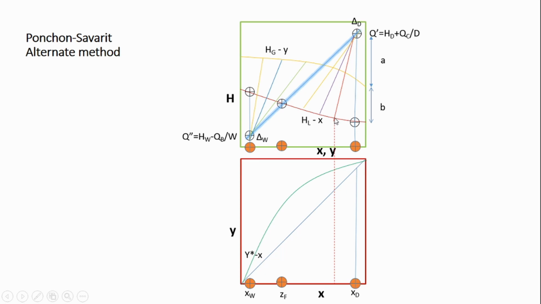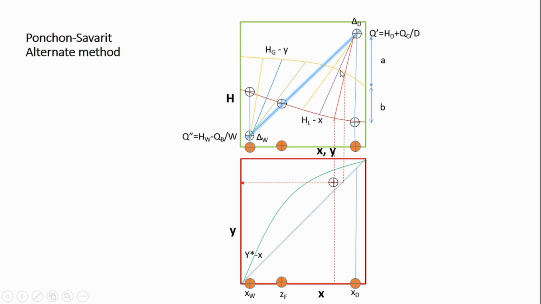So this is on X line, so I will drop this vertically down to X axis. This is on Y axis, so I will drop it to X equal to Y line and then take it to Y axis. So this X and Y point, they are meeting at this point. Okay, so this will be one point on operating line for enriching section. This is an enriching section, X and Y point for operating line on enriching section, right?